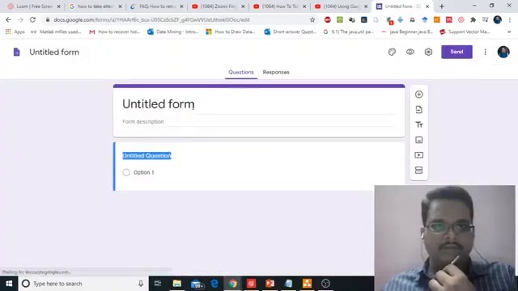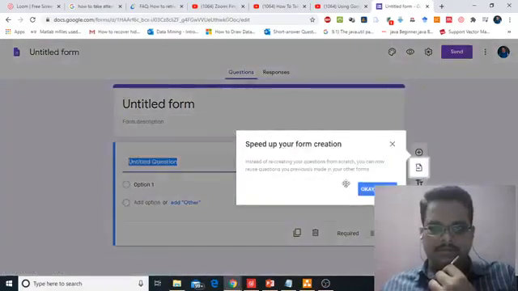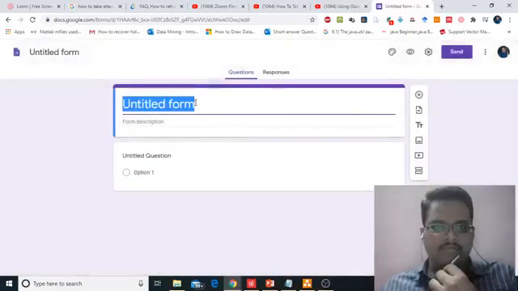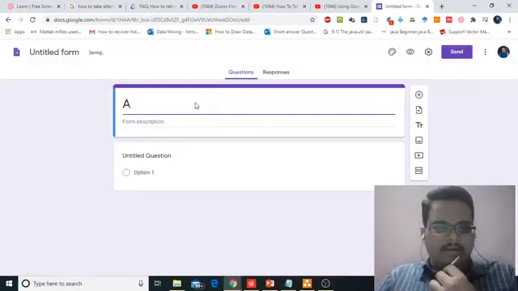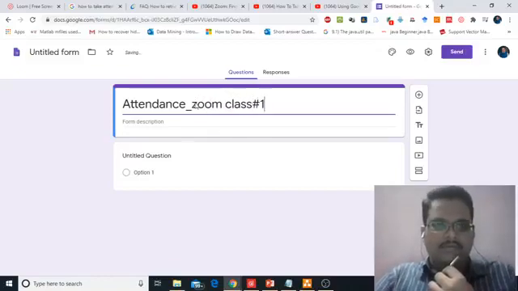Here you can modify the form name, like attendance Zoom class 1.